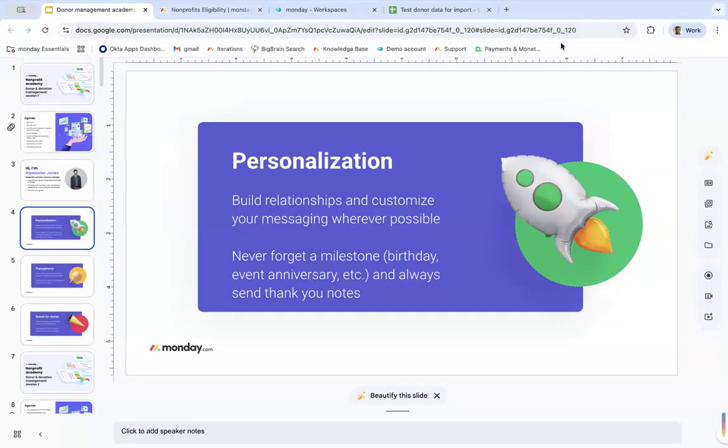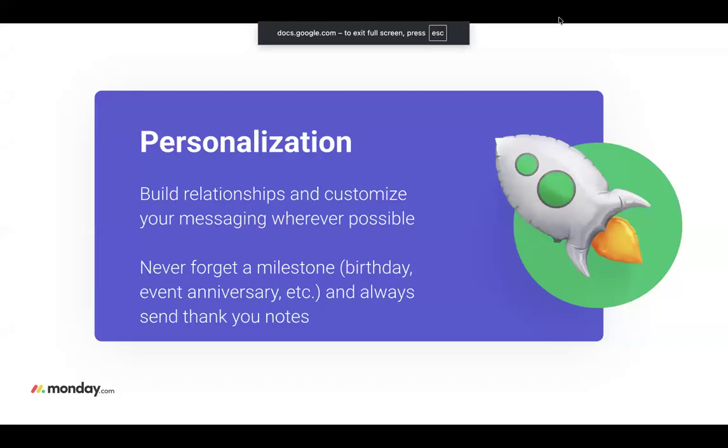Alrighty, so let's start talking about donors. As I said, I've got just a couple of slides to get us in the swing of things before we look at Monday itself. All of this should be said with the caveat that I've worked with a lot of nonprofits who work with a lot of donors, but I'm sure that on our call today we have a lot of people with experience working with donors as well. If anybody wants to update my advice, add to it, or even contradict it, I would love to hear that. We can make this part of a conversation.